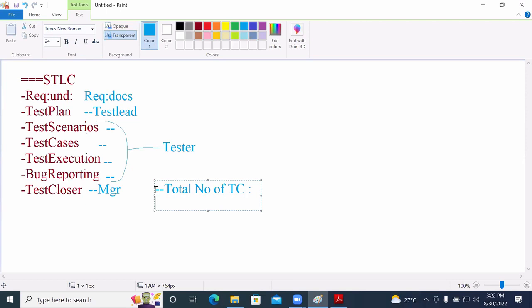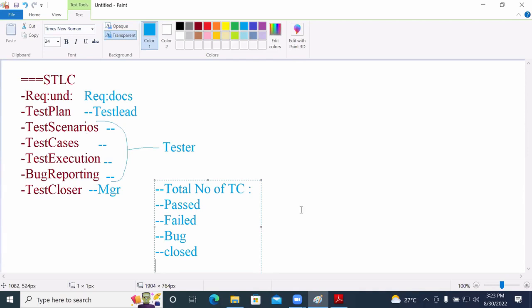In that, considering how many test cases have passed and how many have failed, and at the same time how many bugs were identified and how many bugs have been closed. All these kinds of reports need to be prepared by the test manager.